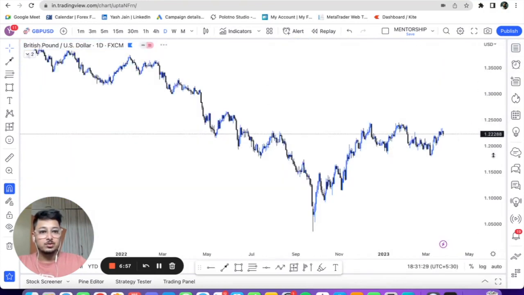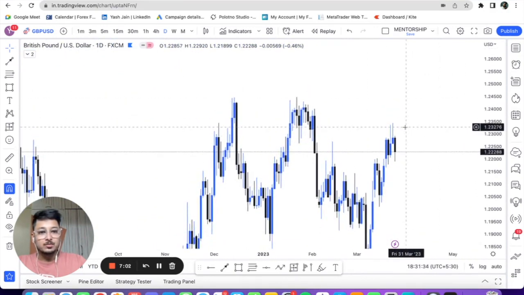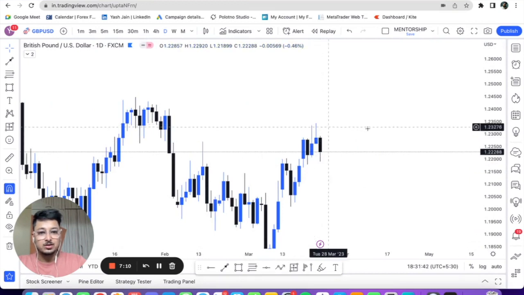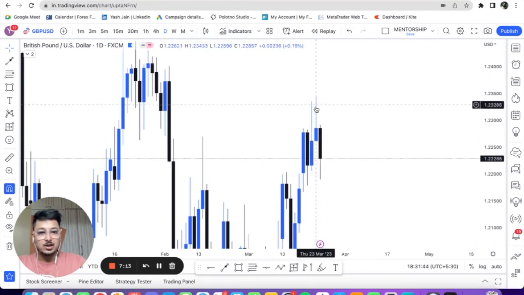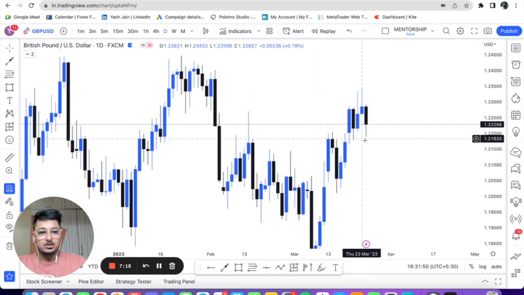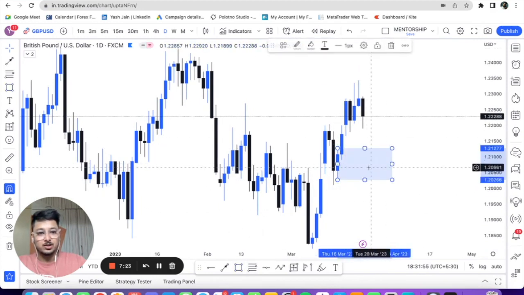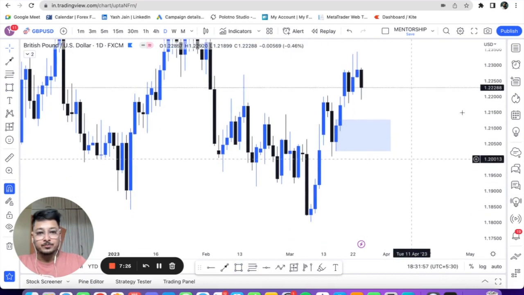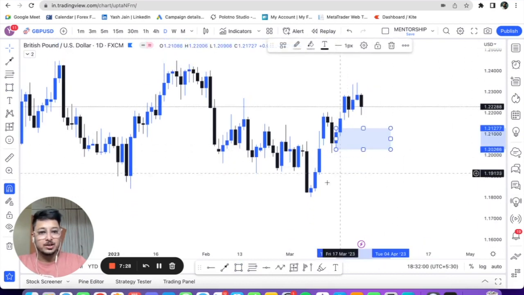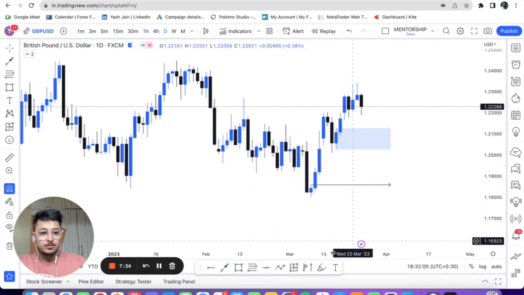Let's take a look at GBP USD. So GBP USD, again, I think very similar price action to Euro USD. Bullish price action, and then Thursday was when we trapped the buyers by breaking previous day's high but reversed back down aggressively, right? So you can again expect prices to continue lower until at least this particular demand area. This high can be easily met, right? So once we break this, then it's a clear journey until this particular point.